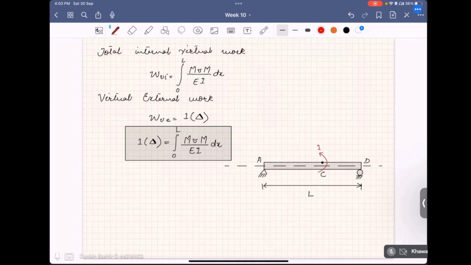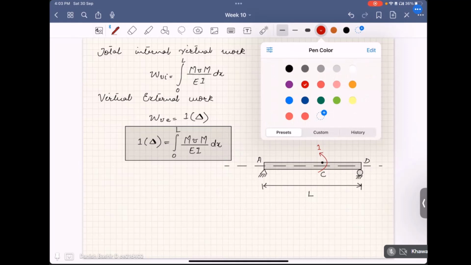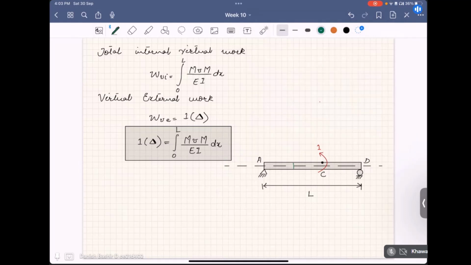We will take the same small element dx at a distance x, and we will use the same formulation that we obtained above. Here the only virtual external work will change to the expression